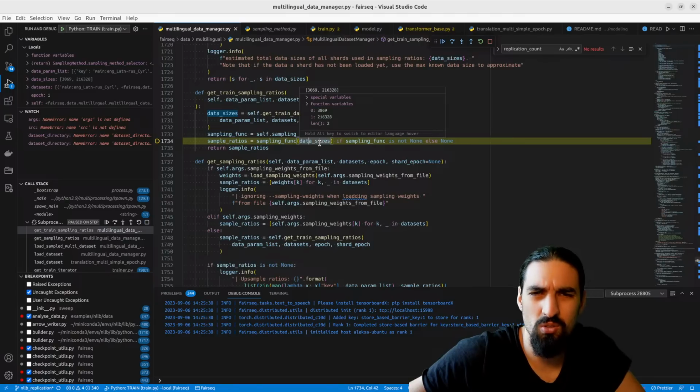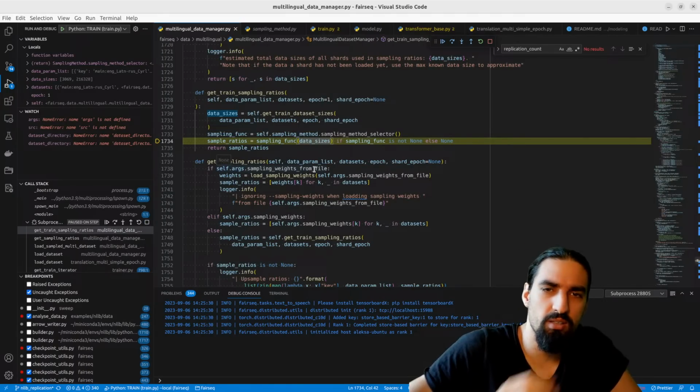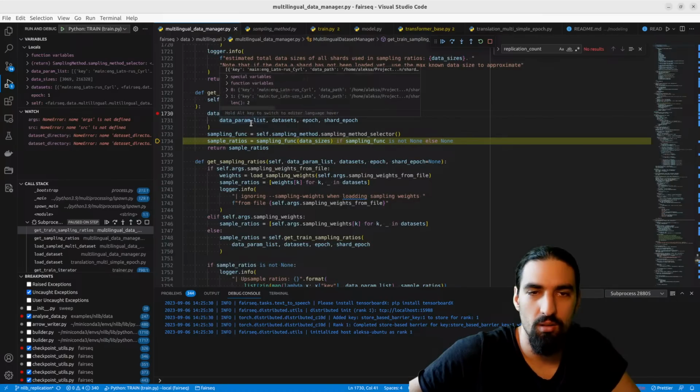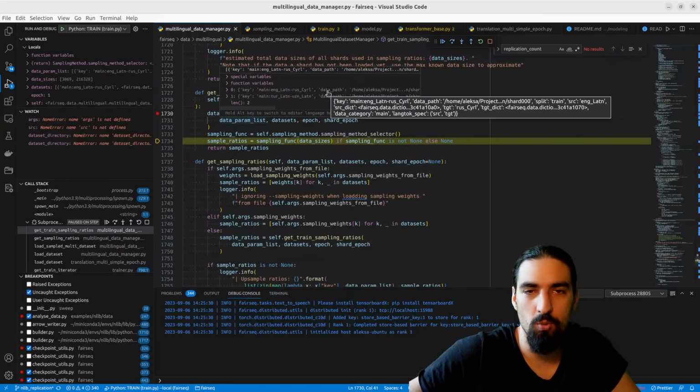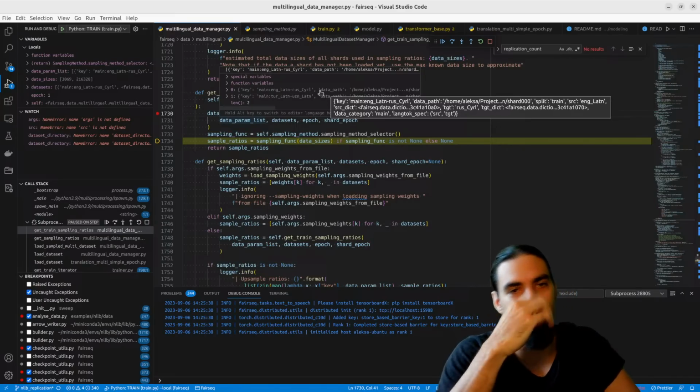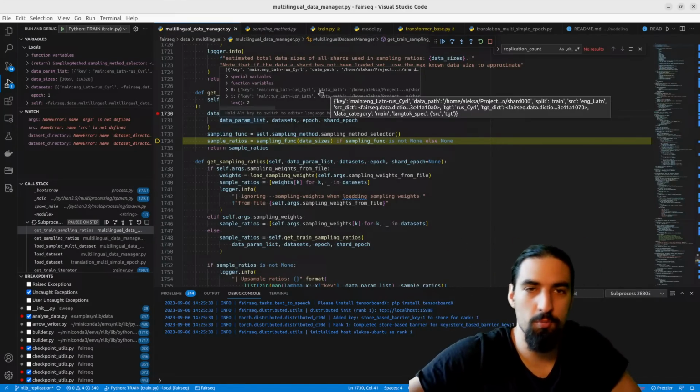Why 3000 here and 216 here? That's unclear. So we can maybe put a breakpoint there and hit this. Aha, so we have, got it. Okay. So because, okay, this is apparently where the language pairs come into picture as well.